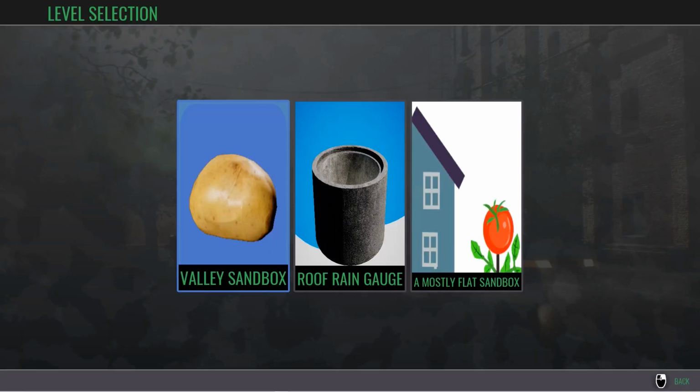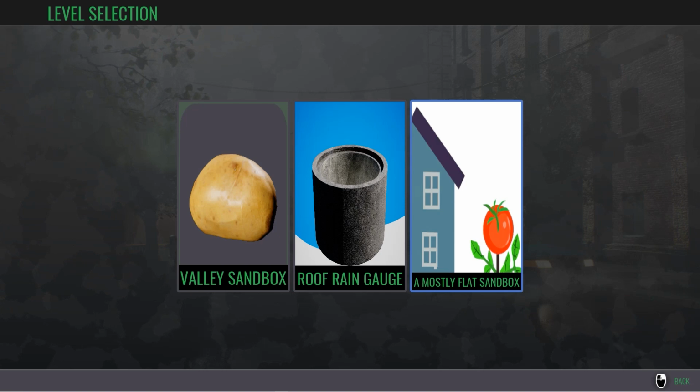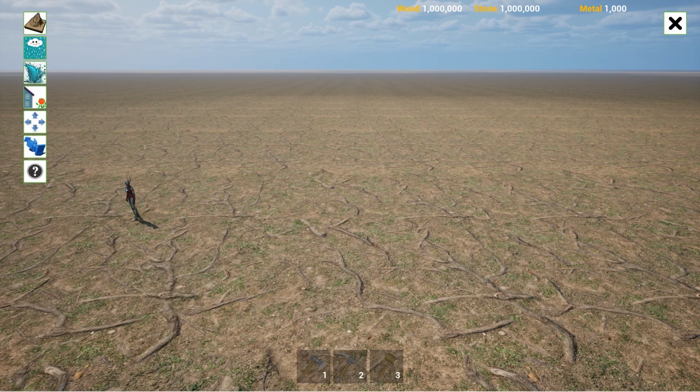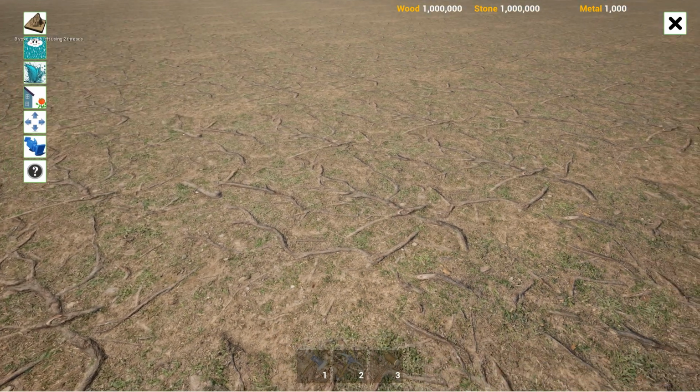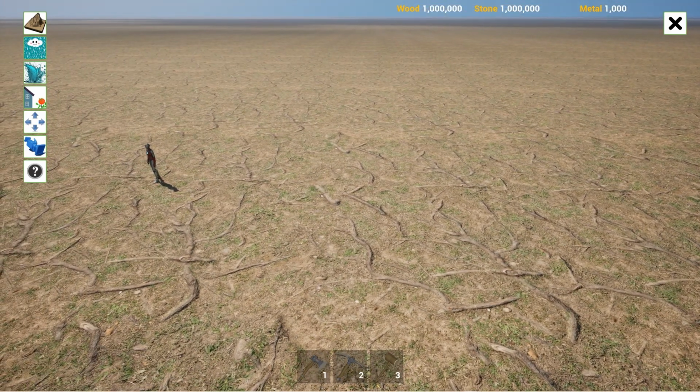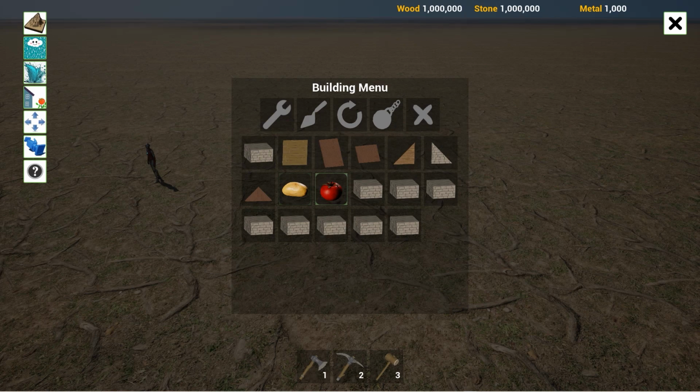Next up is the mostly flat sandbox. It's mostly flat because I wanted to have a tiny bit of variance in there. I didn't want it to be 100% plain. For the many people who have mostly flat terrain, that way they can just mock it up themselves and we don't even have to do it manually. Don't have to import, don't have to get the topo, anything like that. So I'm also going to show a couple of the other